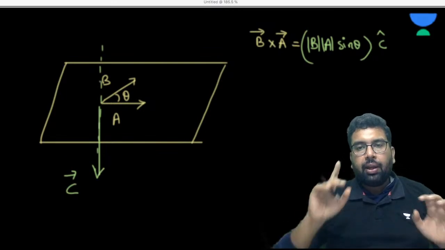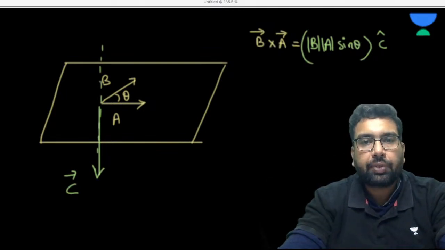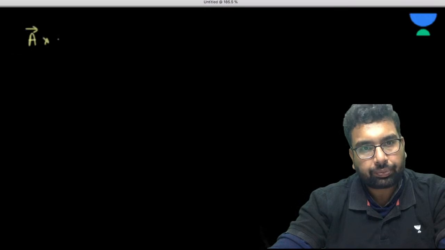Understood? Okay. Now see, again, let me summarize this. So if we have A vector cross B vector,